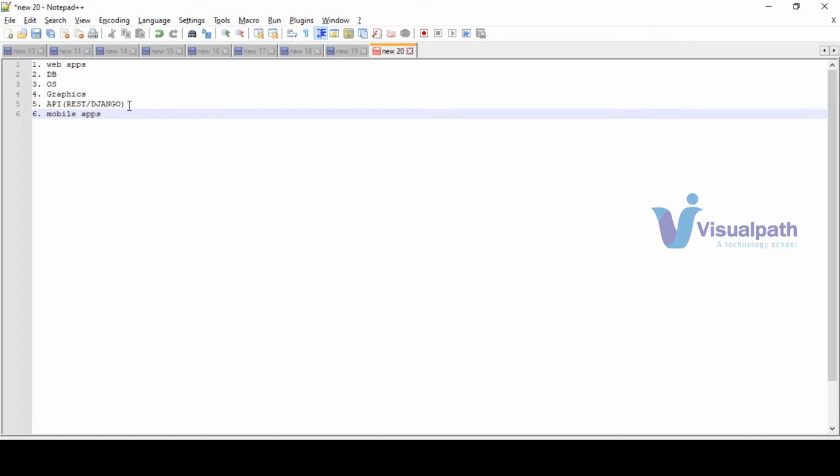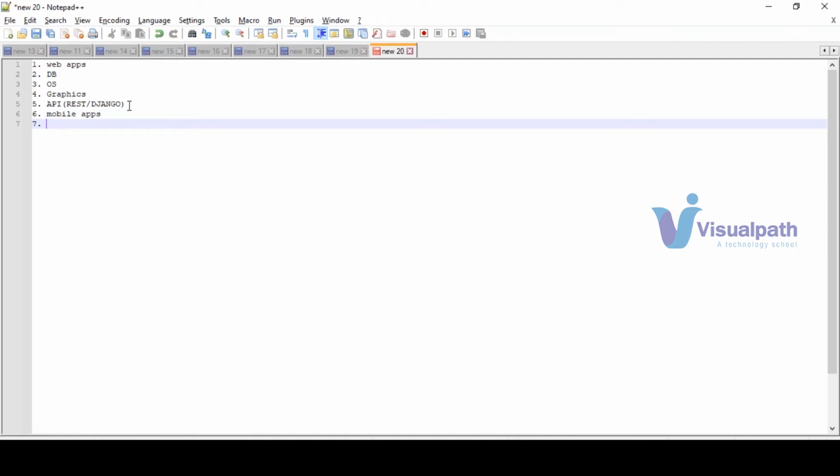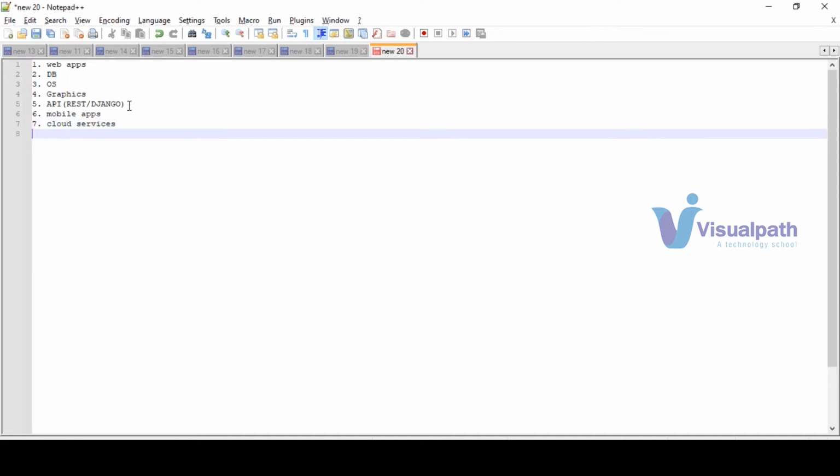Mobile apps only, right? You are talking about? Yes. Okay. Any other? So cloud services we can use to automate the script. Yes, cloud basically.